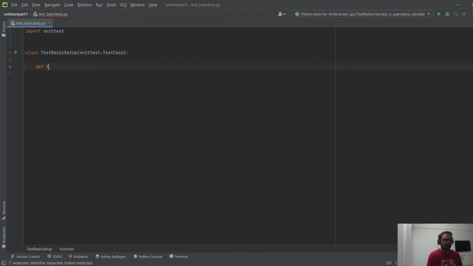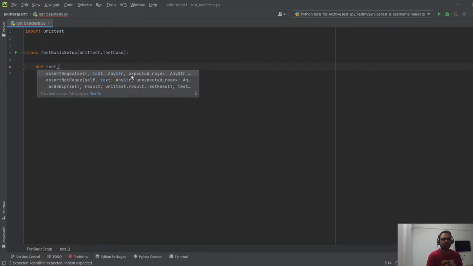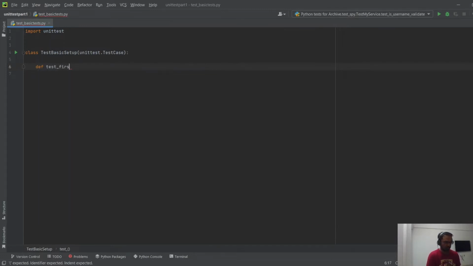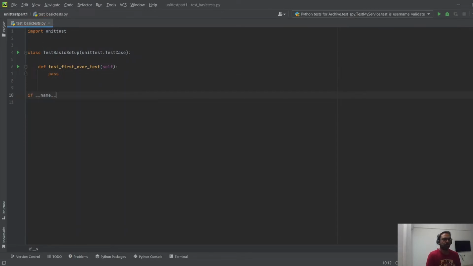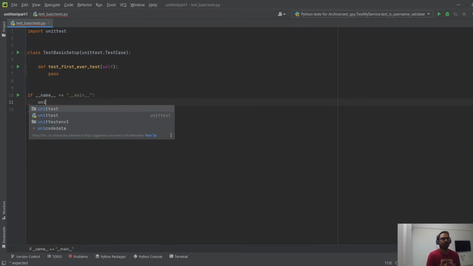A test has to begin with test underscore. So the name of the test also has to start with test underscore, test_first_ever_test. The methods don't have to take any arguments unless absolutely necessary. We'll see that in a while. But this is the setup of our basic test case. We do have our first test case ready, and to run it, it is simple. If we do if __name__ == '__main__', you just have to write unittest.main. If I now run this code,